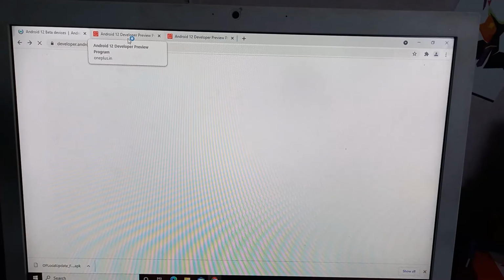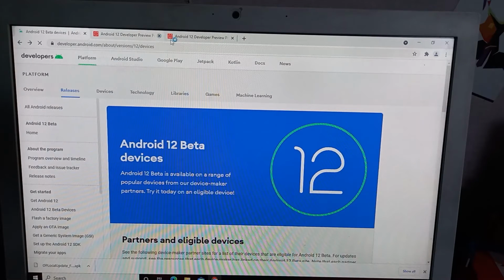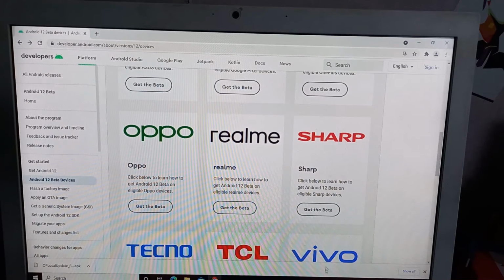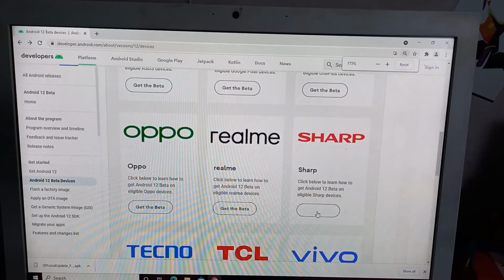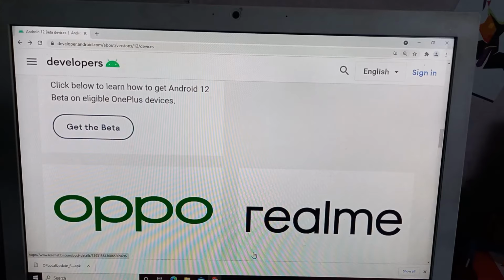So we are back at the official website of Android developers. These are all the devices which support Android 12 right now. Let me zoom out.